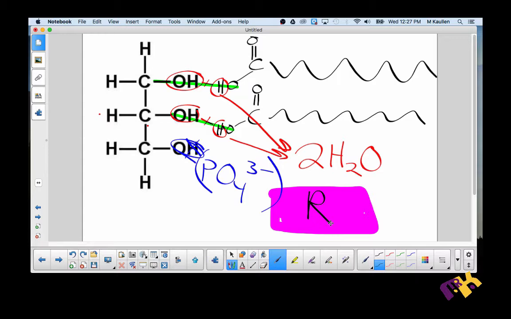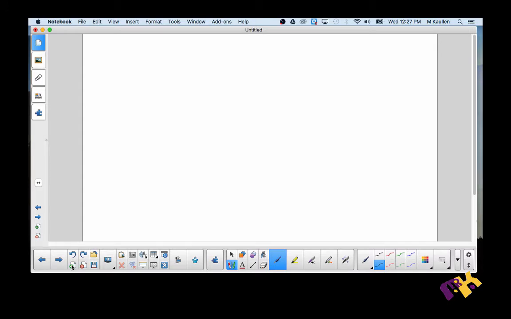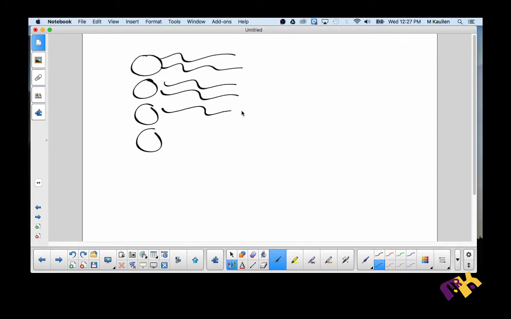The glycerol with the phosphate is going to be water-loving, and the fatty acid tails will be water-fearing. The reason that's important when it comes to cell stuff is, say we draw a very simplified version of this. Here is our head with our glycerol and phosphate, and here are our two fatty acids. So if we line these guys up like this,